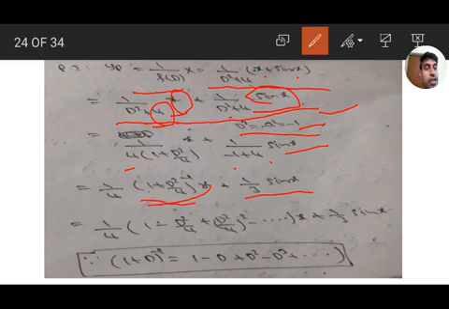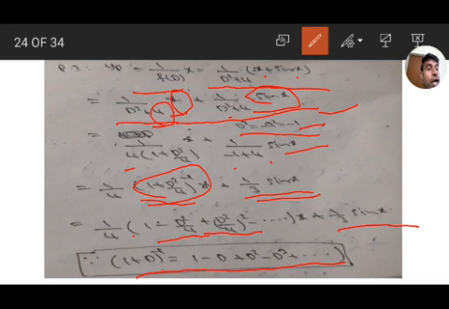So expand (1 plus D square by 4) to the power of minus 1 by using the 1 plus D whole to the power of minus 1 formula: 1 minus D plus D square minus D cube plus and so on. Instead of D we here have D square by 4. So 1 by 4 as it is, times 1 minus D square by 4 plus (D square by 4) whole square minus and so on, of x, plus 1 by 3 sin x is the same. And here for x we have to take terms up to D only, and the remaining terms are neglected because second order, third order, fourth order derivatives of x are 0.